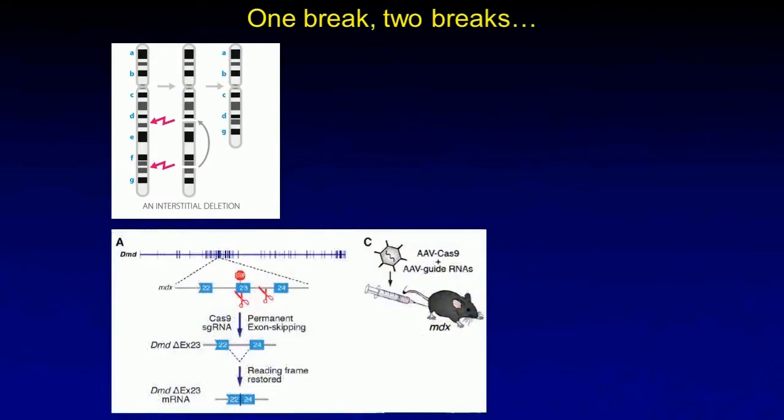Now, I've talked about using nucleases to make one break and showing how that could knock out expression of a gene if you target an exon. It's also possible to use 2 nucleases to make 2 breaks. And when that happens, you can often result in deletion of the region between the 2 breakpoints. So we call this a large deletion. And the large deletion is actually being applied in the case of treating Duchenne muscular dystrophy. Now, this is not in the clinic yet, but it's very far along in preclinical studies in mice.